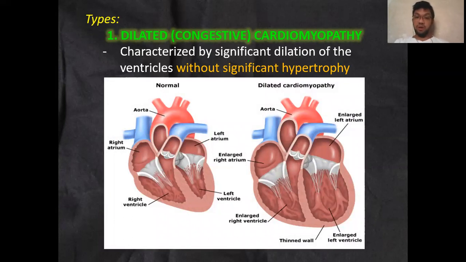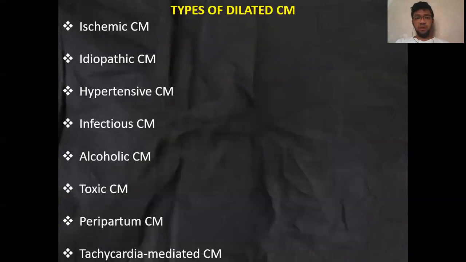For the normal, it appears like this, but look at the ventricles in the illustration. The heart muscles, the cardiac muscles there, as you can see, they appear normal, but the ventricles are enlarged. They are dilated. And there are different types of dilated cardiomyopathy. We have ischemic cardiomyopathy. So ischemic meaning there's limited blood flow that has resulted in this.